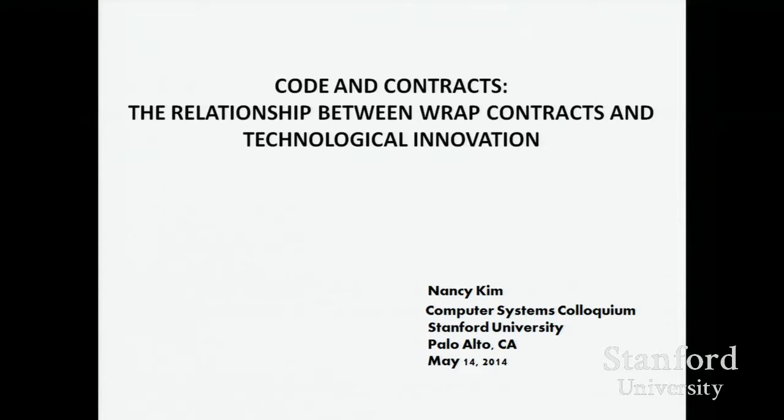And so some of you might be wondering, why are we talking about contracts in this class? This is a computer science colloquium and not a law school class. Well, contracts, in case you haven't noticed, control pretty much everything you do online. Not only that, it controls pretty much everything that has to do with software, which is kind of interesting, sort of strange. And the reason it does is by design. It's by design of software companies as well as design of their lawyers.